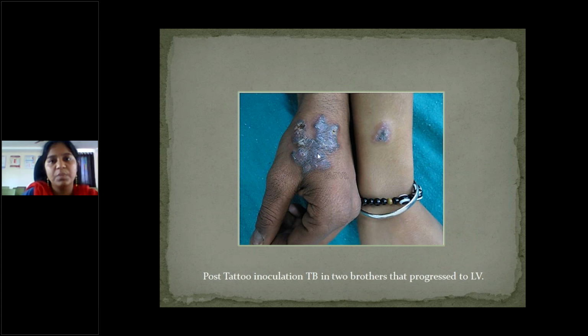Initially they would have neglected it, thought it was some reaction to the tattoo. And you can see this bluishness. This bluishness is common for tuberculosis. And mostly that elevated look is also common for tuberculosis. Remember the picture, this is not very uncommon. You can actually see these cases.